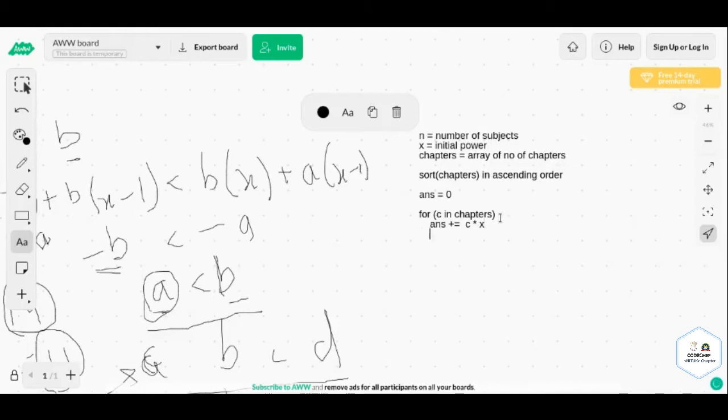And after that, what will X be? X will be the max of X minus 1 and 1. Now, when X is, let's say, 4, the value of X will be 3, right? X minus 1 is 3, max of 3 and 1 is 3. And when X is 1, then X minus 1 will be 0, and the max will be 1. So when X is 1, subsequent values of X will be 1. And then we have our answer.